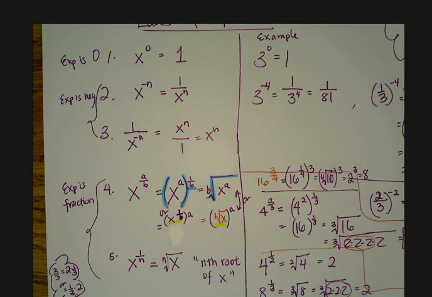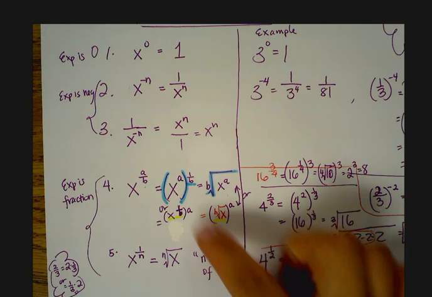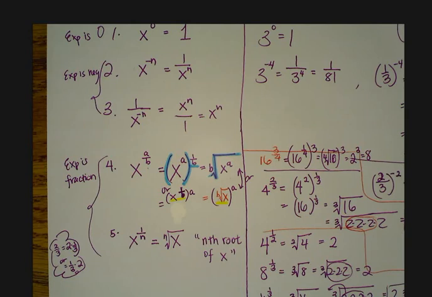If you have a negative exponent in the denominator, you move it to the numerator. When you have a fraction as an exponent, the numerator is the power and the denominator is the root. And then for the fifth one,